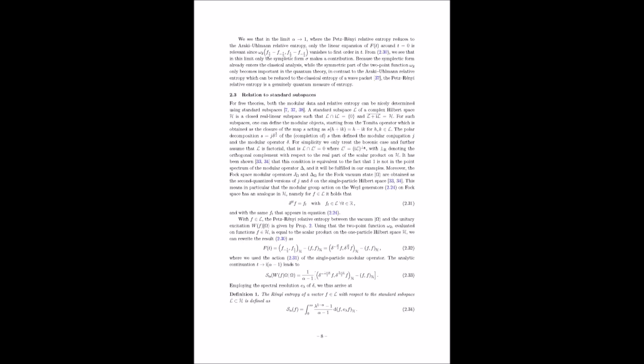Well, one of the key features of the Minkowski wedge is that it has a very special symmetry called boost invariance. This means that the laws of physics are the same, no matter how fast you're moving along the direction of the wedge. Boost invariance. Interesting. So how does this symmetry tie into the calculation of Petz-Rényi relative entropy?